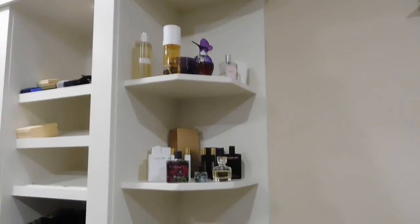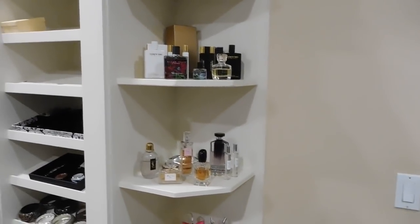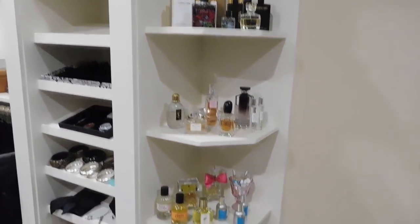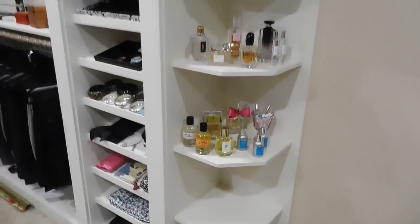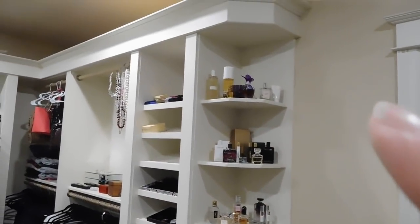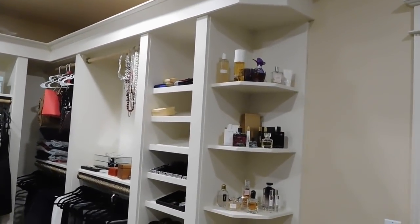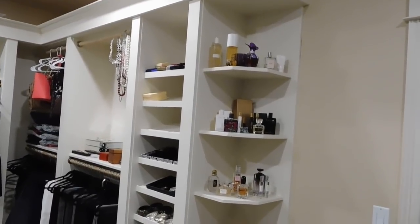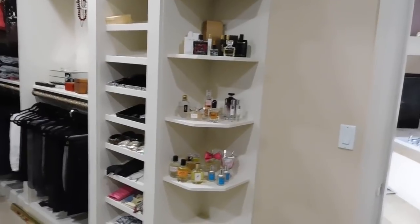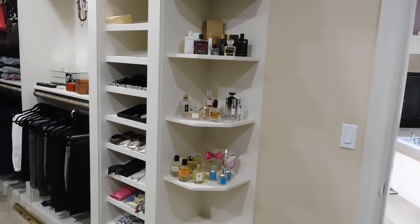We're in my closet, obviously. I'm not going to show you guys all the way around the closet because there's a bunch of laundry that I'm sorting over here, but this is how I store my perfume. So I'm just going to back up a little ways here. I have these really nice shelves on the corner. These are all custom built-ins that I think they probably did when they built the house. But one of the reasons I fell in love with this house was not only the backyard, but this closet,